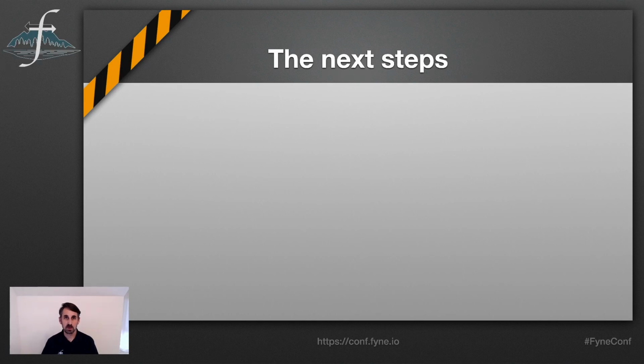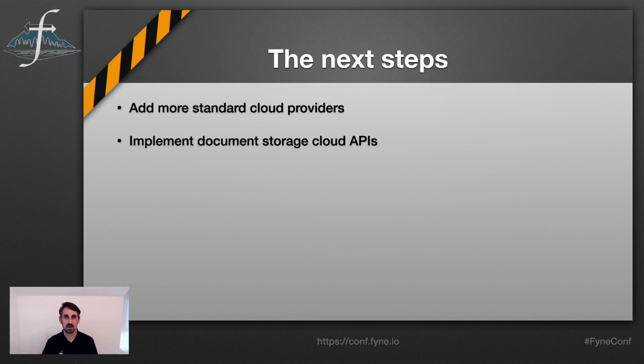There's still a lot more work to do. I just thought I'd outline some of the next steps here. We absolutely want to add more standard cloud providers so that developers choosing to let the user select their provider have a larger list. We're currently working just with Dropbox, so there's a lot more to come. There's more to be added in the API. The document storage that came in 2.1 isn't yet propagated over to the cloud work in progress, so that's definitely